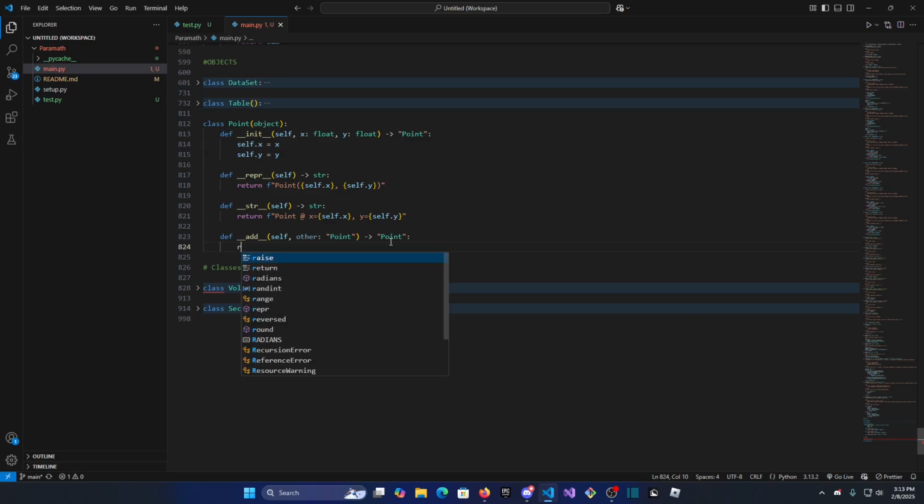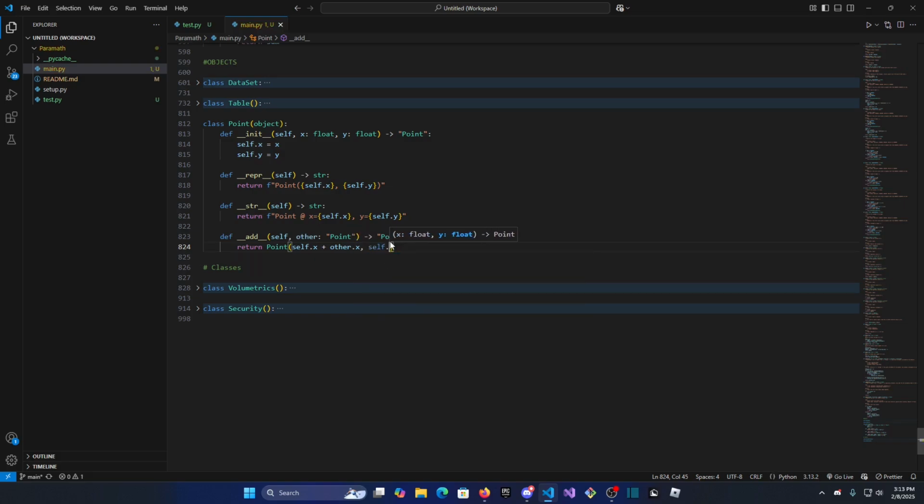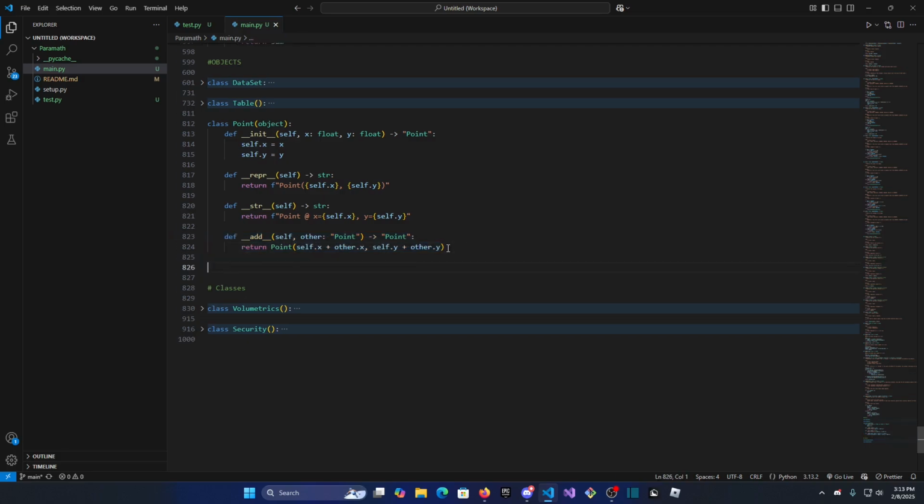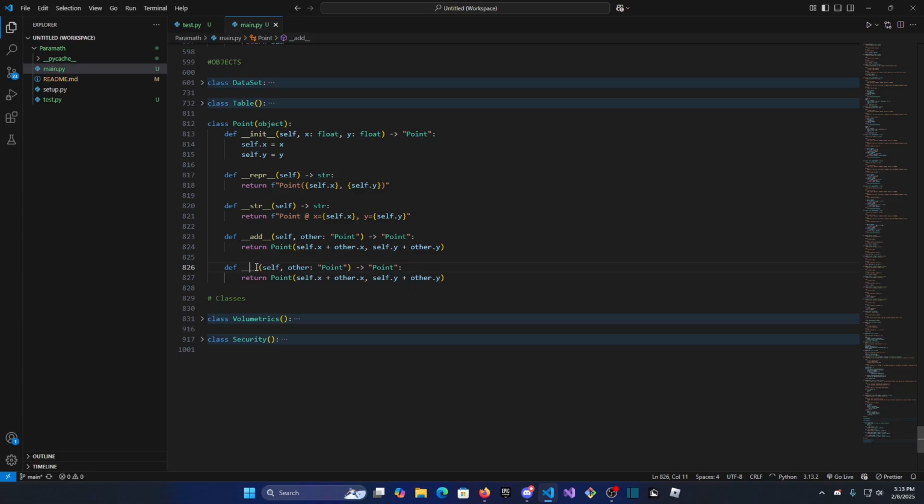And all we have to do is just type in return point self.x plus other.x and self.y plus other.y. And that's simple. We can also do the same thing with subtraction by just copying and pasting this, changing this to sub,